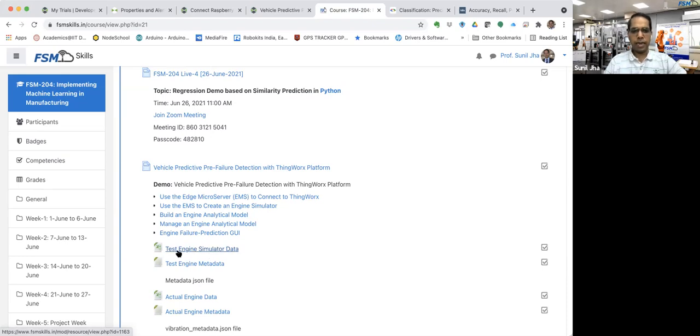This Excel file has all those data points. Then there's the test engine metadata that is required, meaning the identification of the columns in the Excel file you are using is specified in this test engine meta. These are the two files required.